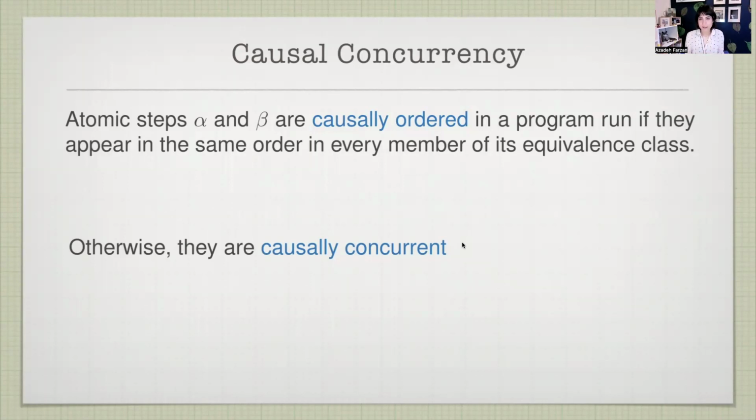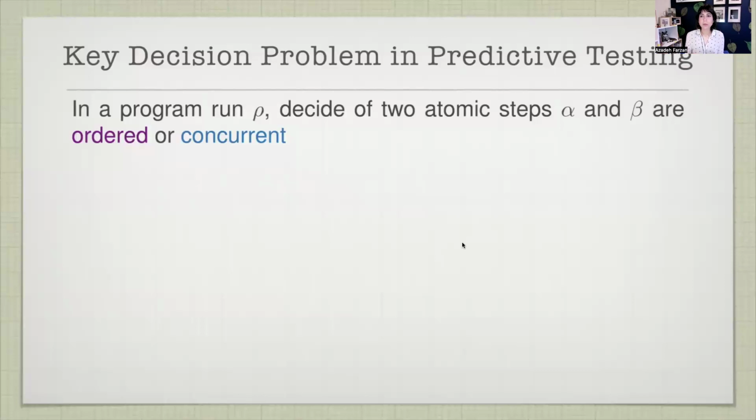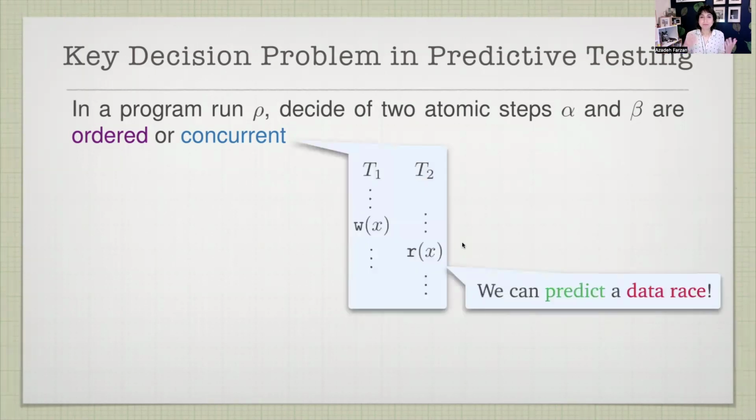So if I had an oracle that would be able to answer questions like this about a program run, basically looking at its equivalence class, then I would be able to do a bunch of different types of testing, or predictive testing, more importantly, for concurrent programs. For example, I'm hoping everyone is familiar with what a data race is in a concurrent program. You can have two accesses from two different threads, at least one of them a write, that can happen simultaneously. That's called a data race.